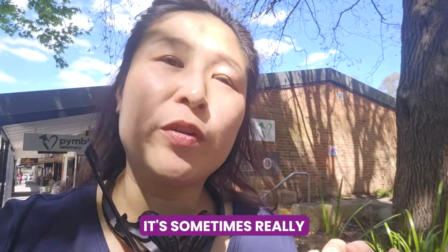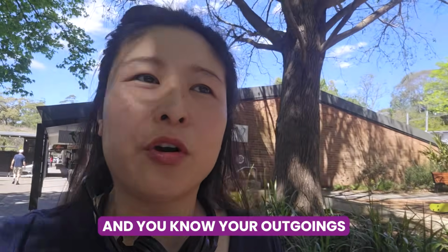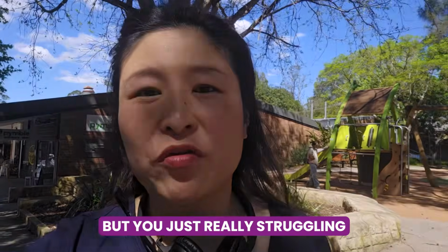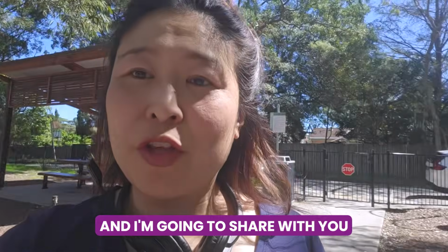Different properties with different returns. It's sometimes really, really confusing when you get into the commercial property space, because you know your returns and your outgoings, you know everything back to front in the residential space, but you're just really struggling in the commercial space. I'm here in my neighborhood shopping center,